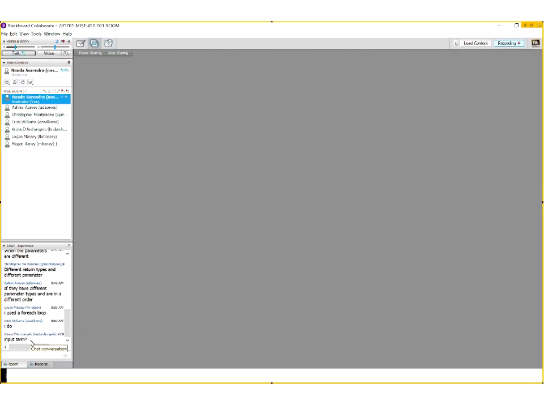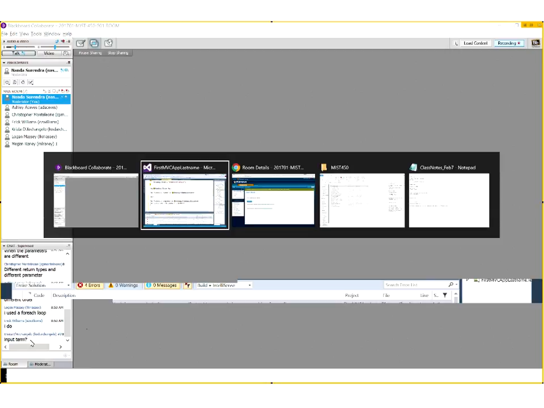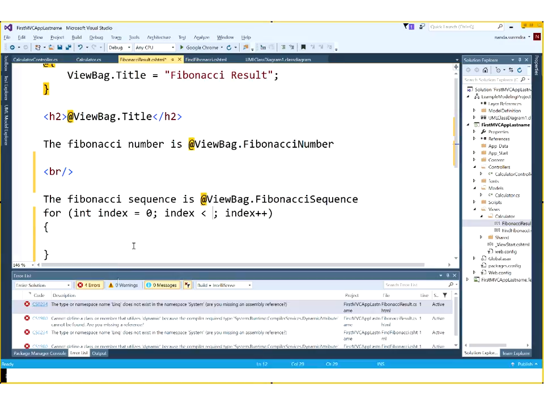Okay, Krista, input term. Yes, it is the input term. So, now the next question is, if we need the input term for the stopping condition for this loop, and remember that we are now in the view, the .cs HTML file. So if we need the input term in the loop, do we have access to it? So if I just said input term,